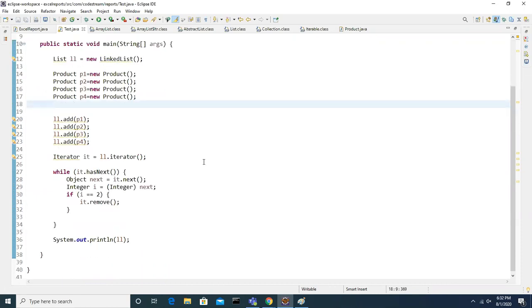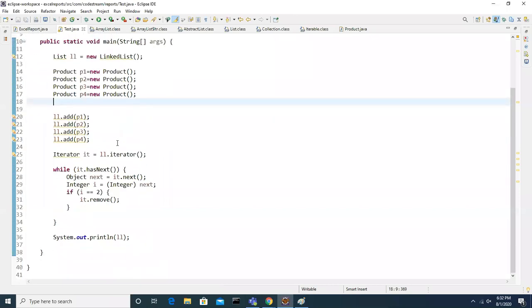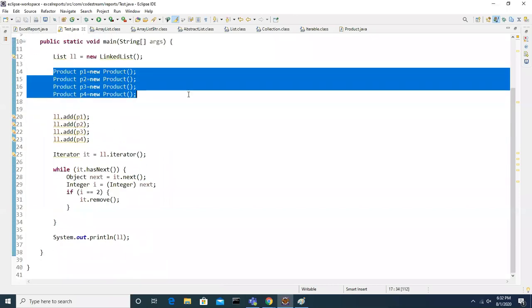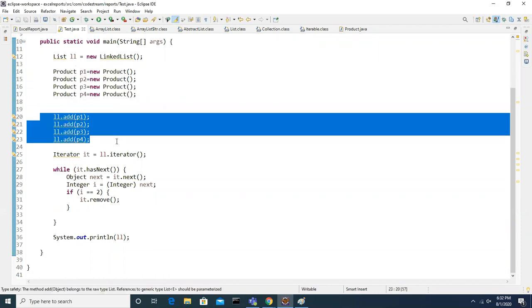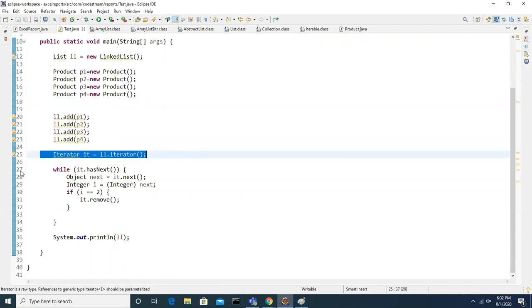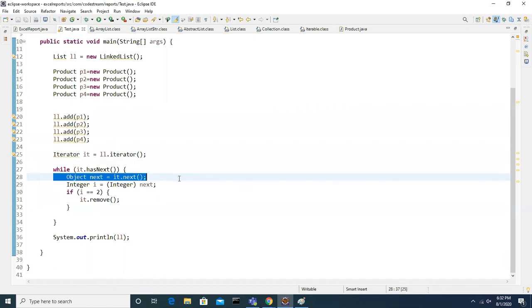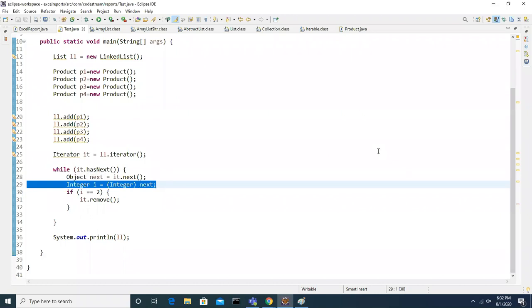Now look at this, guys. The code I have already written, if I execute this code, will I face any exception? I created custom objects and added all the custom objects here, and I'm iterating with hasNext, then getting the next element, and then converting into integer. So will you get any exception here? In the if condition, we have to change 2 to P2, sir.